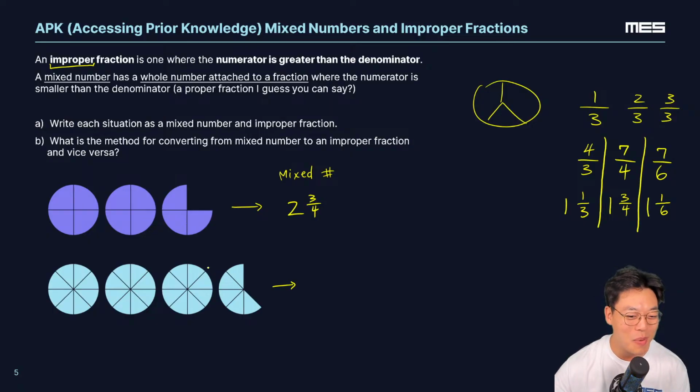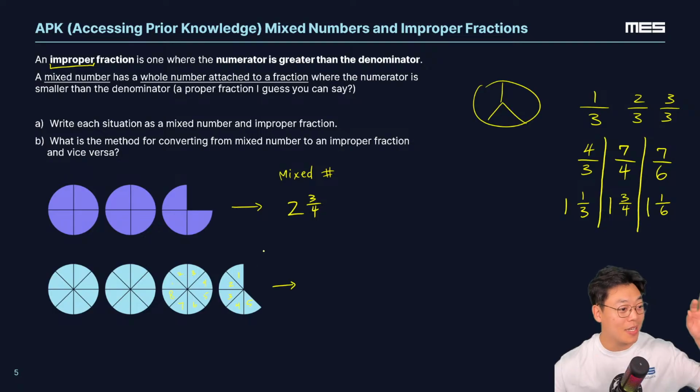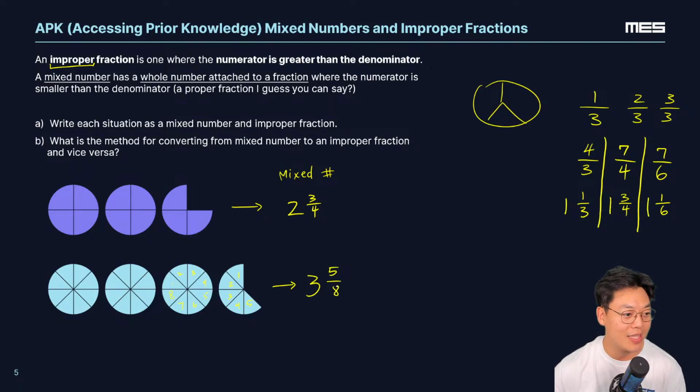This one's going to take you a little bit more time to count, so I'll wait a couple more seconds. But it looks like we have, for sure, 1, 2, and 3 full ones. So we know there's going to be a 3 in front. And it looks like each circle is split up into 8 pieces. 1, 2, 3, 4, 5, 6, 7, 8 pieces. And we have 1, 2, 3, 4, 5 pieces in this very last one. Awesome, Max and Chloe. Both of you got that 3 right there. And then with 5 eighths next.